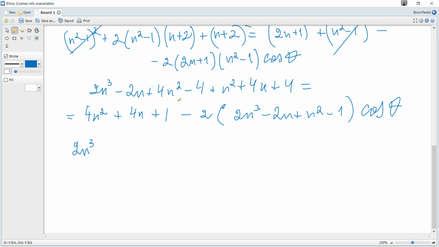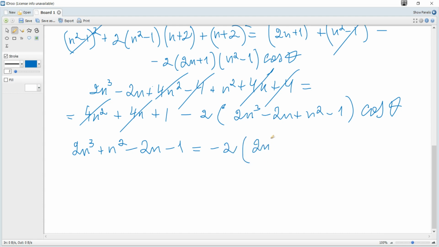Then let's consider n squared. 4n squared cancels, and plus n squared. 4n minus 2n, this minus 2n, minus 4 plus 4, and this plus 1 moves to the left, minus 1, is equal to negative